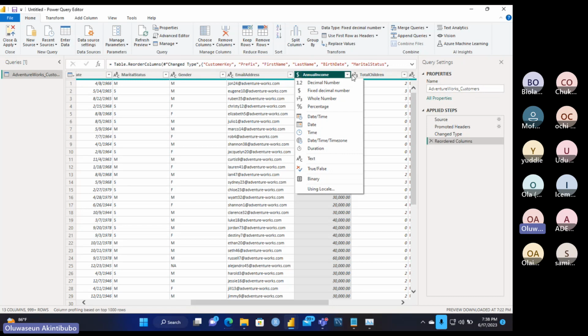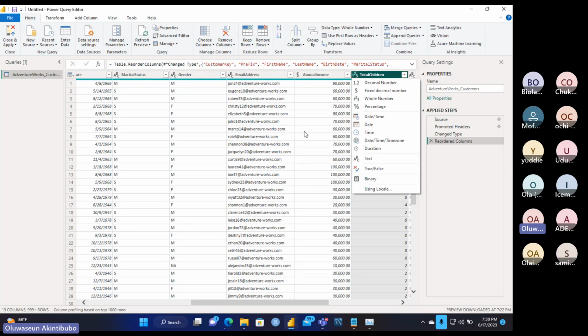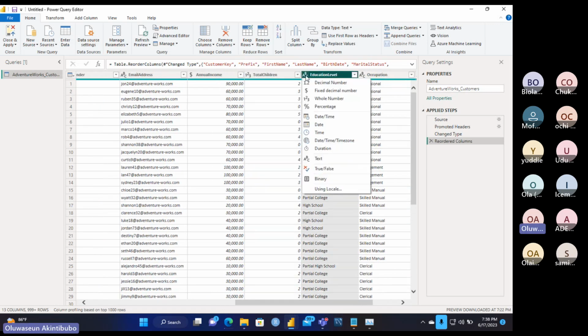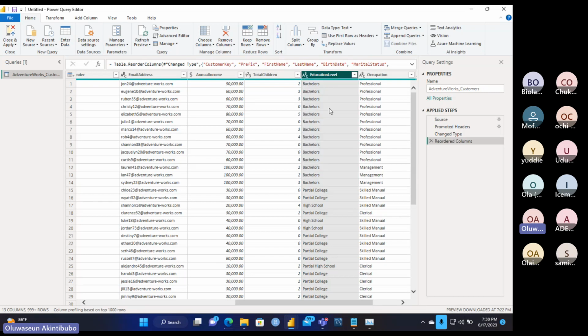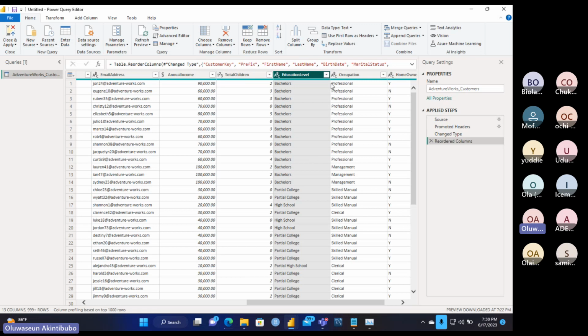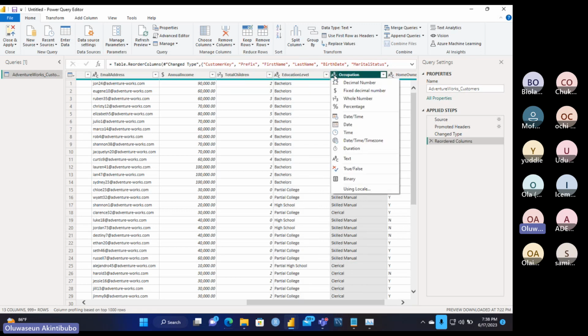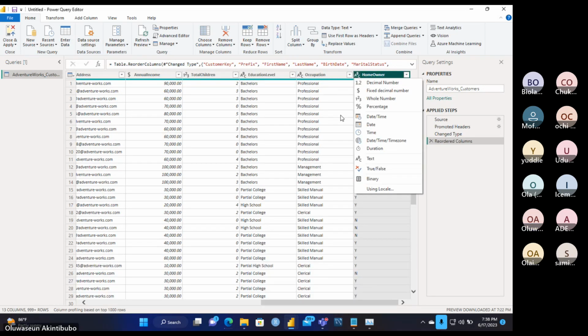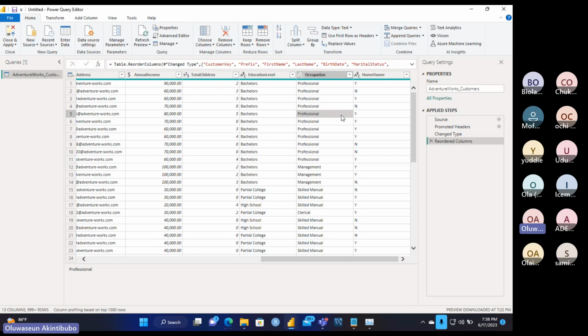Then we have total children, which is a whole number. If any of these data types is not the actual one, all you need to do is select from the list the actual one you want it to be. But at the moment, all our data types are correct. Occupation is right. Homeowner is right as well. So our data types are okay.